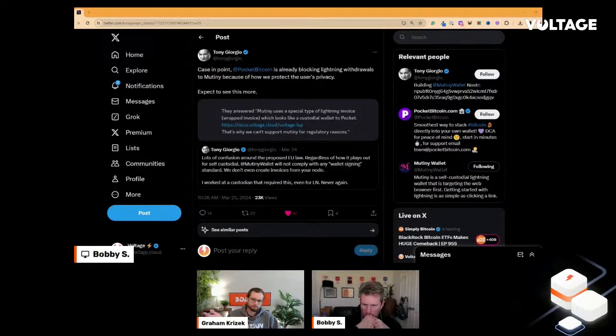And this is where Tony's pointing out that with Mutiny, there's this separation: Mutiny as an organization doesn't generate keys for you. They don't have any control or knowledge of their users, hardly at all. They don't even generate invoices for them, anything like that. And so it's like, well, how would a service like Mutiny comply with laws like this when they literally don't see any of that information?